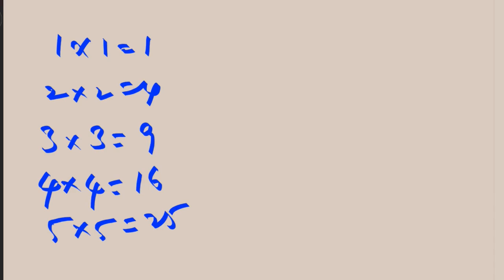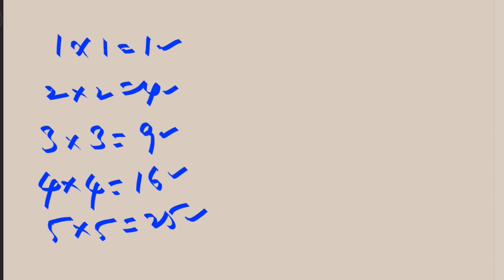And now this is a very important concept. For example, if we observe these given squares: 1 1s are 1, 2 2s are 4, 3 3s are 9, 4 4s are 16, 5 5s are 25. So these all are squares of successive numbers 1, 2, 3, 4, 5. These are all successive numbers, and these are the squares of successive numbers. So if we observe